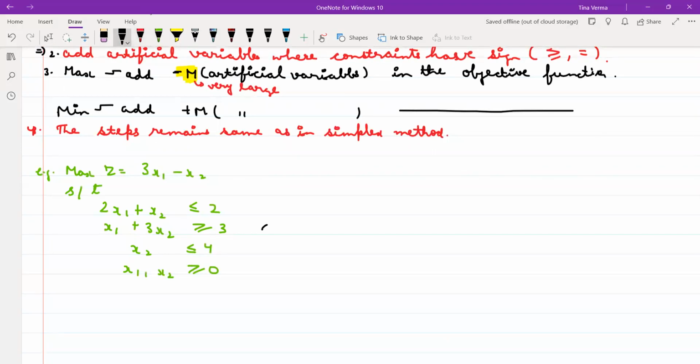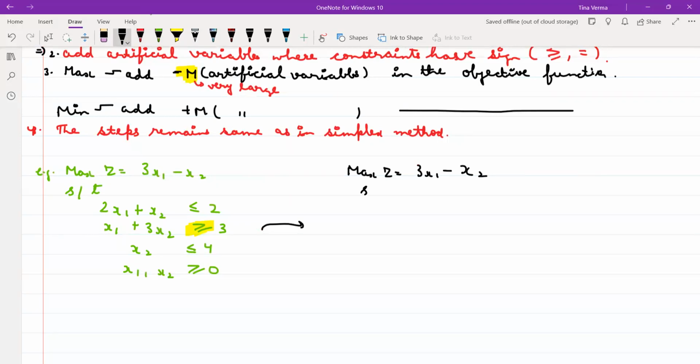So when you convert this LPP, and obviously if it is not given to you, right, here you have two variables, you can still use your graphical method, but you cannot use the simplex method because here the inequality is greater than or equal to, right? So you have to add your surplus variable. So when you convert it into your